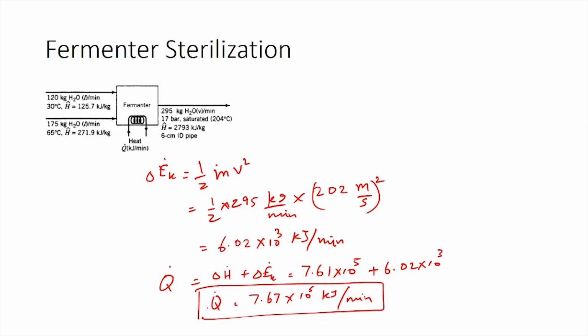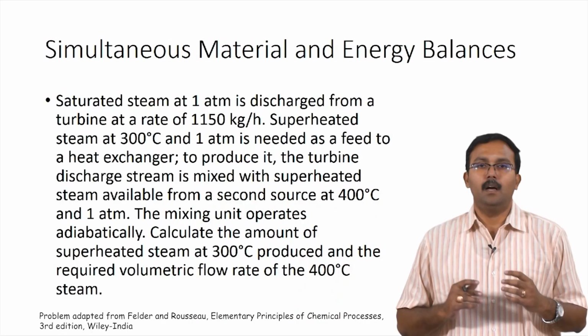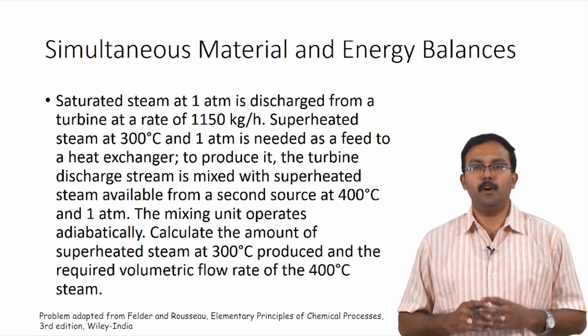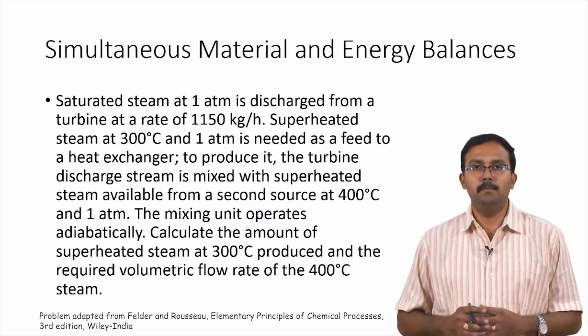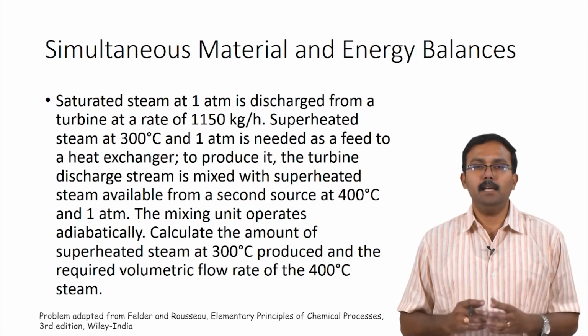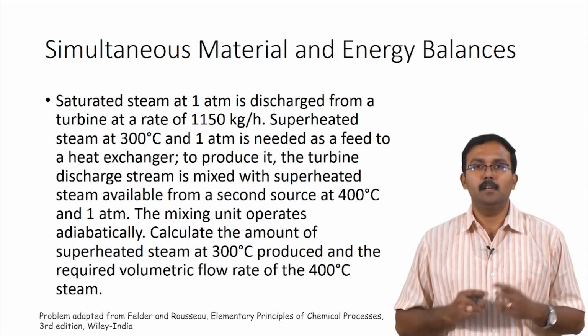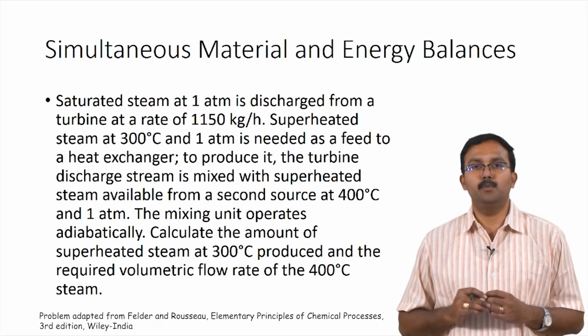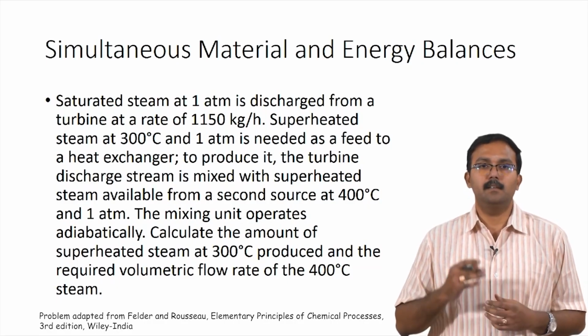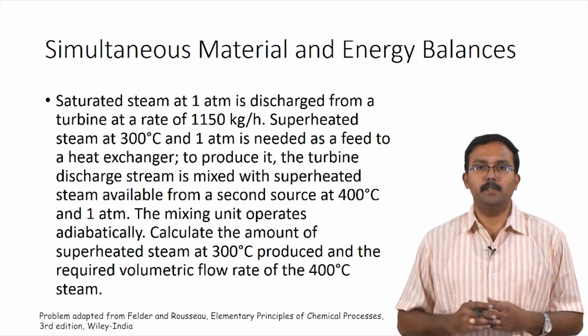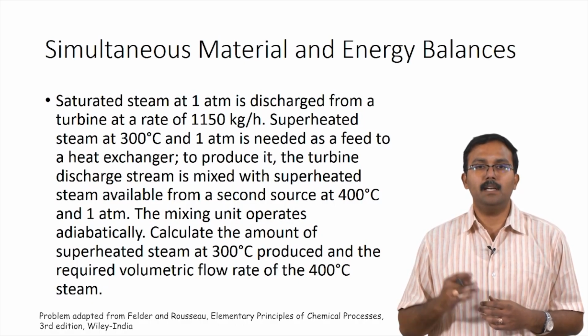Now that we have a clear understanding of this, let us move on to the next tutorial problem. Until this point, we have been performing energy balance calculations only. In this problem, we will look at simultaneous material and energy balances to obtain the values which we are looking for. The problem statement states saturated steam at 1 atmosphere is discharged from a turbine at a rate of 1150